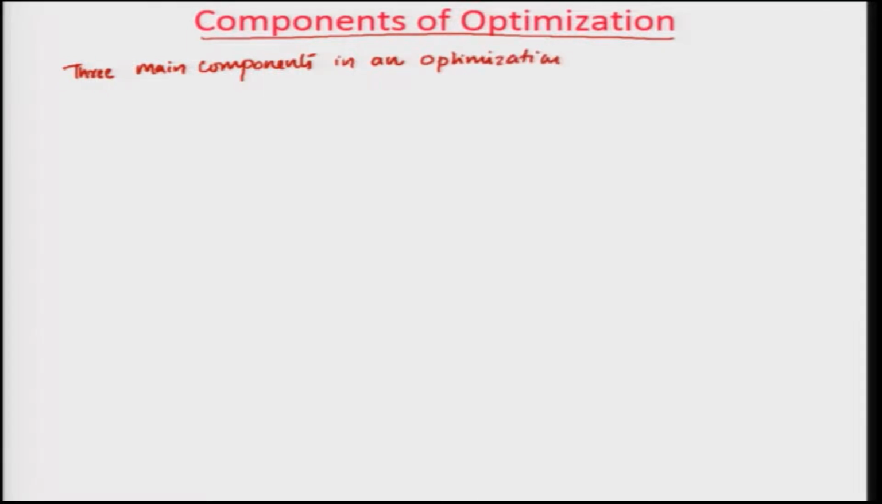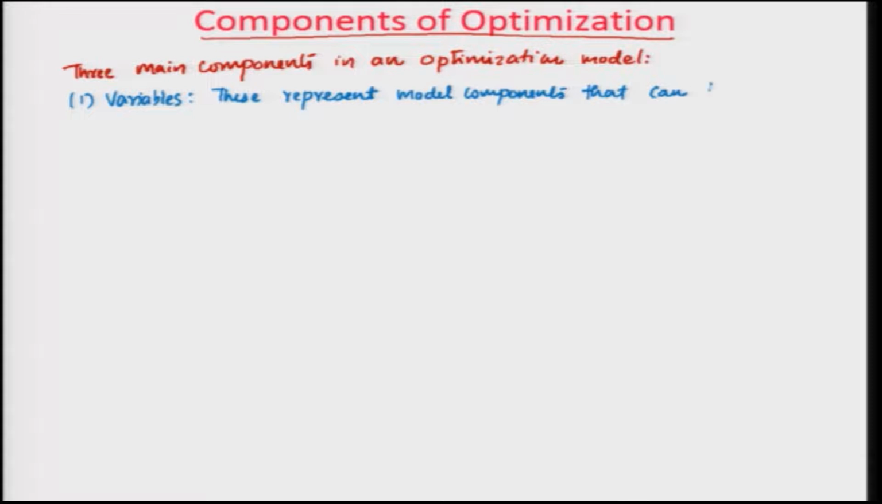Optimization model. There are three major components in an optimization model. The first one we call variables. Variables are the first component of the optimization models, and these represent model components, or components of the model, that can be changed